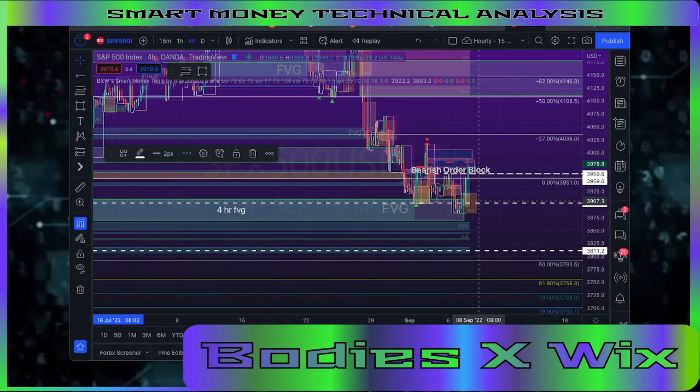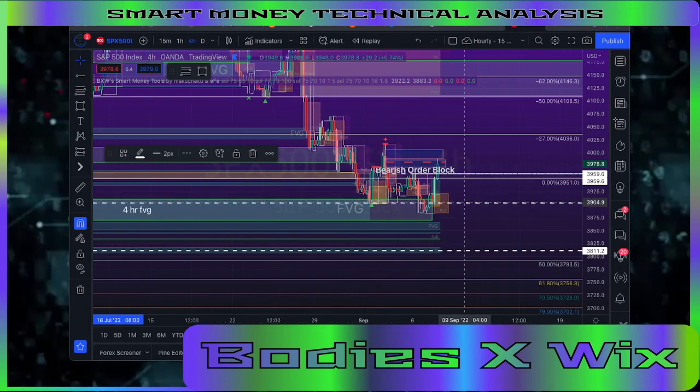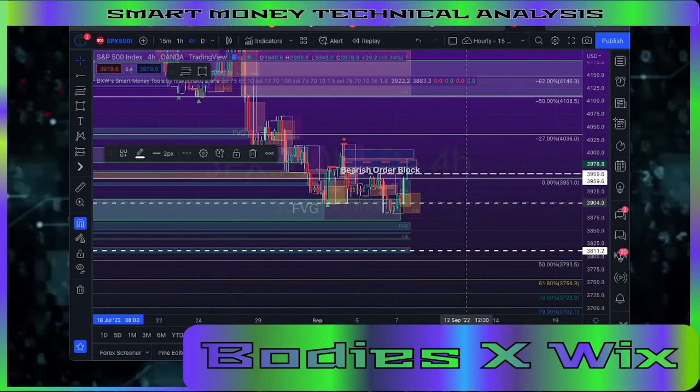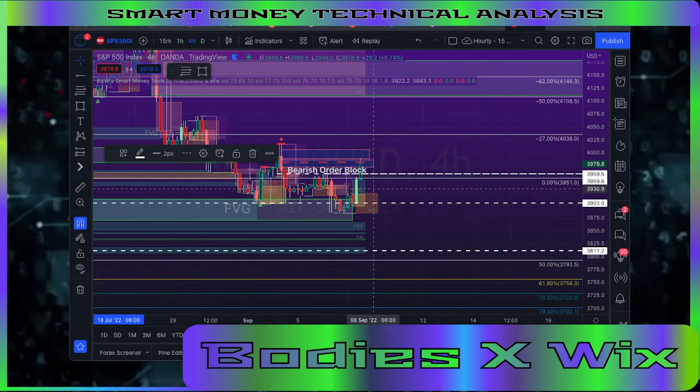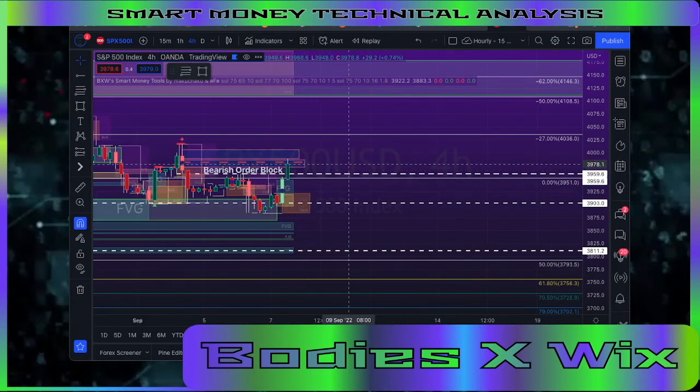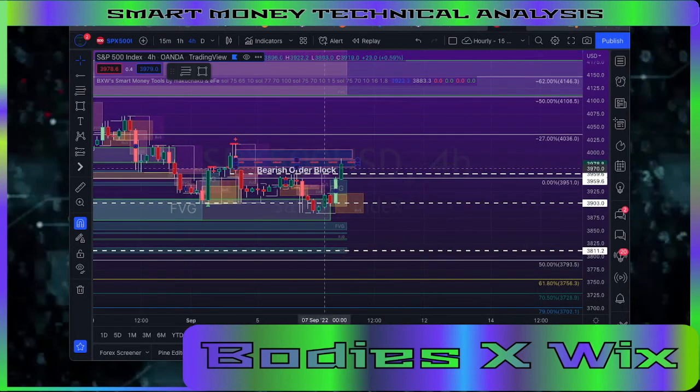And I'm looking at the 4-hour. So it drops down into the 4-hour fair value gap about halfway into it. And then boom, rockets up. And then after it rockets up, once we drop down, I mean, it does have the 1-hour fair value gaps here that I have marked, right? So we drop down to the 1-hour,